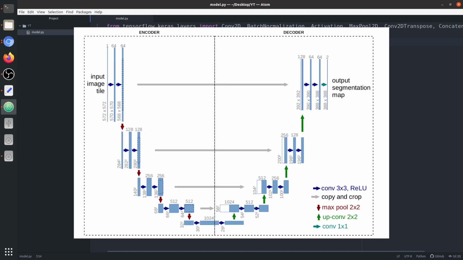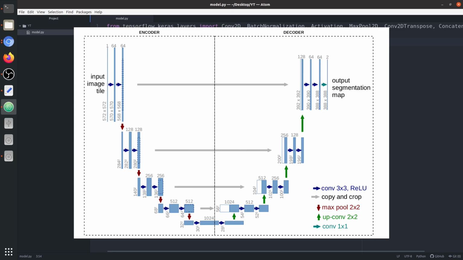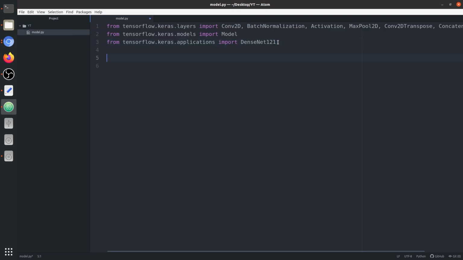So if you all remember, the UNet consists of a basic convolution block, which consists of two 3 by 3 convolutions. Each is followed by a ReLU activation function. This basic convolution block is used in both encoder and the decoder. But here our encoder is replaced by the DenseNet 121, so we're going to use it in the decoder. So let's build that basic convolution block. conv_block, and you take the inputs, and second is the number of filters, that is the number of feature channels.